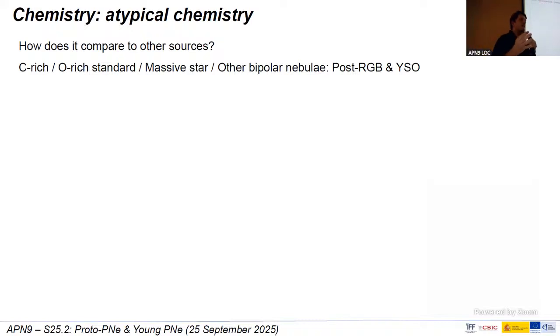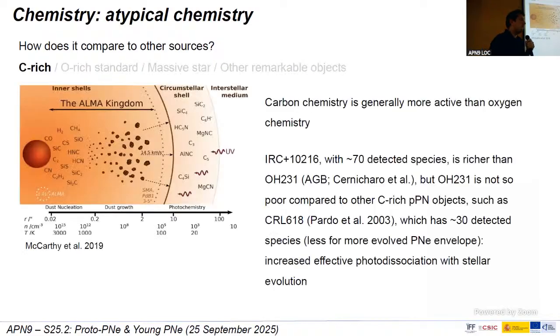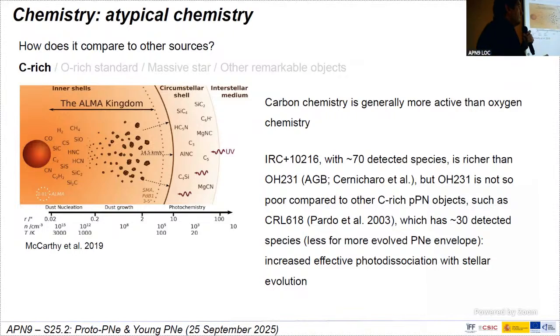I think there are several things that can be used as a test for the evolution stage of the object. When we compare this object to other similar objects, evolved stars, for example, with carbon-rich objects, we know that carbon chemistry is in general more active than oxygen, so the diversity in carbon-rich objects should be more diverse, chemically speaking. But in fact, this fails for the comparison against IRC+10216, but that probably is